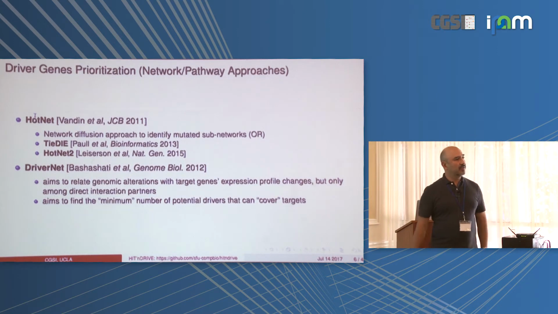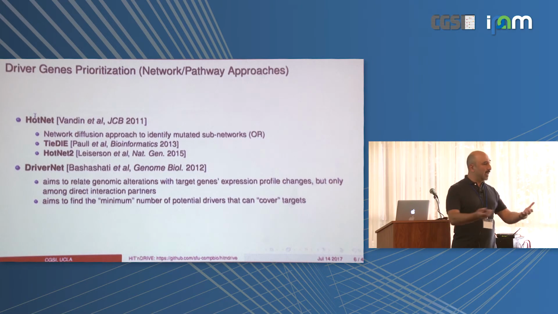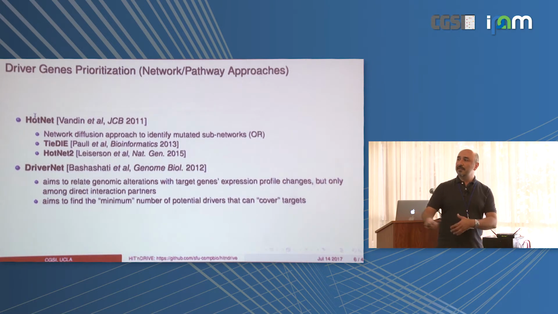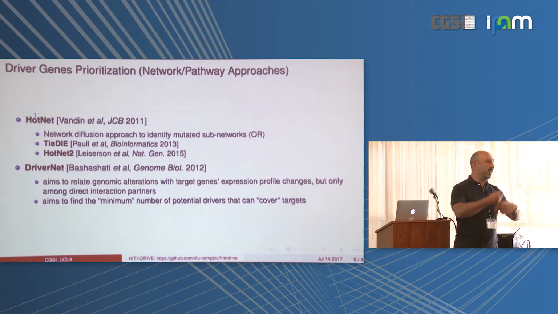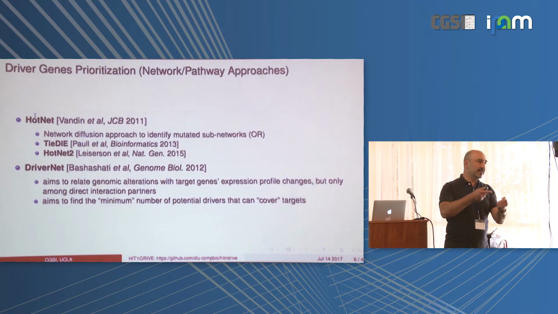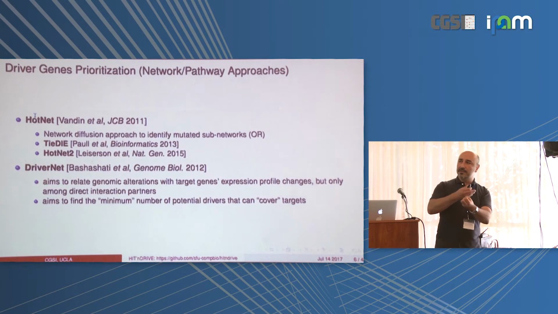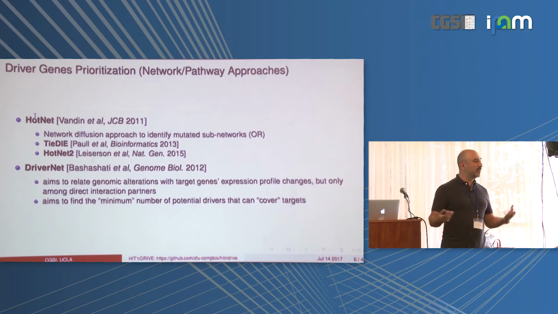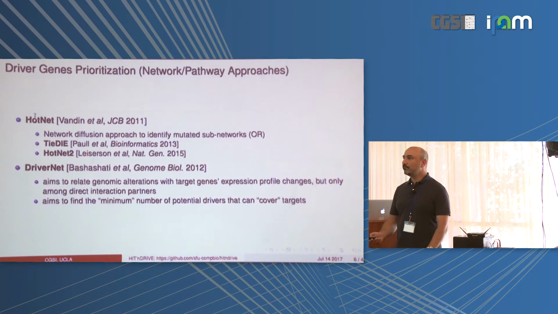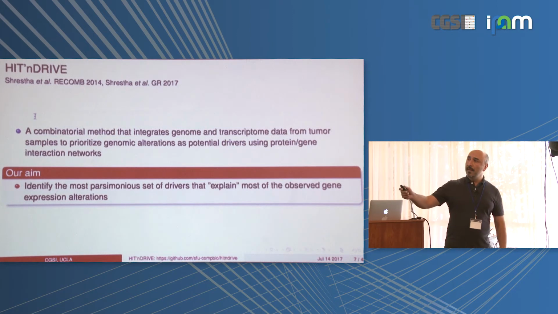DriverNet is by Sohrab Shah's lab, which aims to relate genomic alterations as potential drivers to alterations in target genes in the form of expression profile changes. So they start with the premise that these sequence alterations drive the expression profile changes, and we have to somehow link them. They were just looking at a protein interaction network, and for every potential sequence alteration, they were looking at the neighbors to see whether there's any correlation. So based on these two papers, we came up with